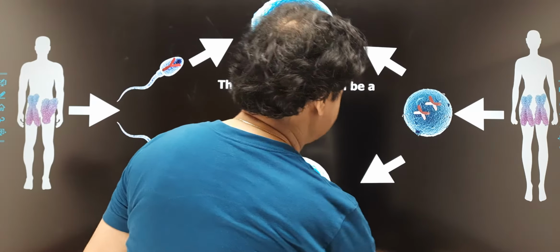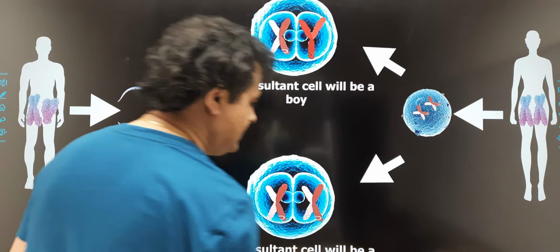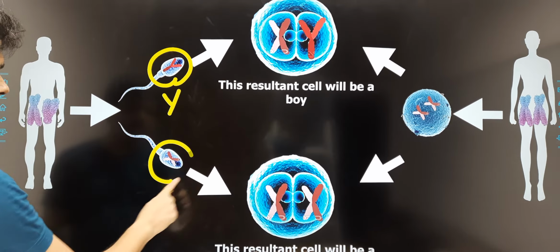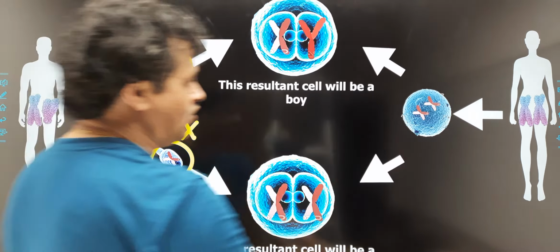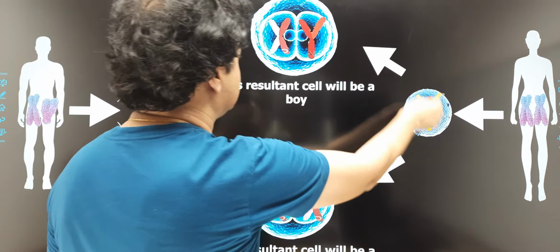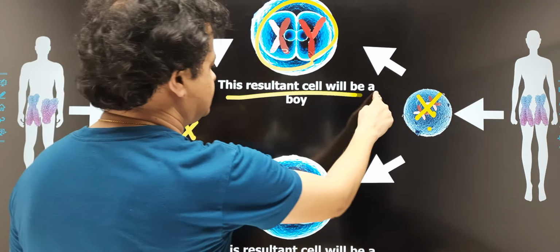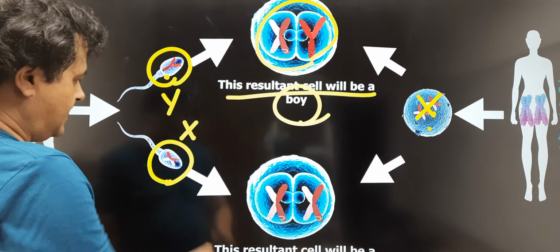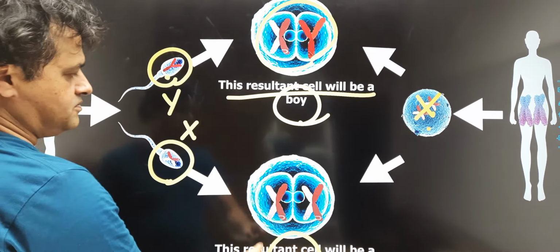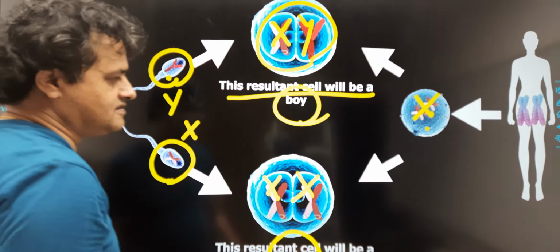क्या ऑप्शंस हो गए zygote बनने के, कि या तो ये Y स्पर्म है, और ये X स्पर्म है. ओवम इन ऑल केसेस X ही होता है. तो अगर ये और ये फ्यूज होंगे, फ्यूजन can be like this, तो X and Y, the male child boy will be formed, और अगर X और X आपस में कंबाइन होंगे तो girl will be formed. X and X, this is X and Y. This is how the sex is